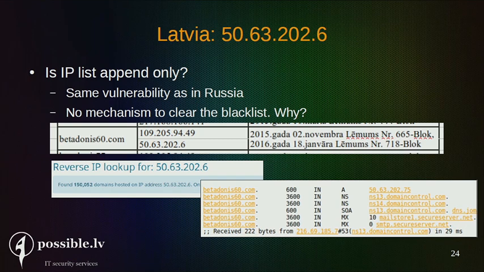The question is why. And we can actually see that the IP address for the gambling site itself, as we can see in the bottom right corner, has already changed, and it's not in there. So apparently capacity is lacking and proper technical assistance is lacking for the gambling inspection to manage that.